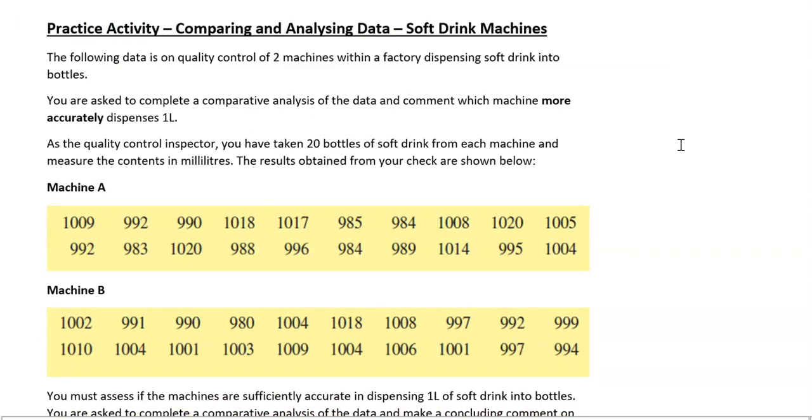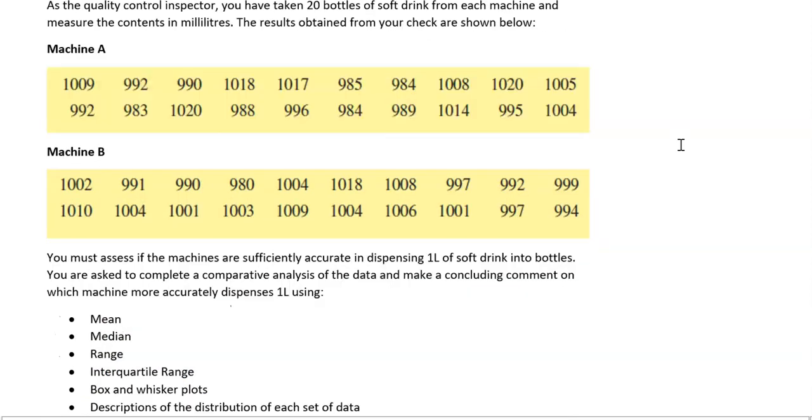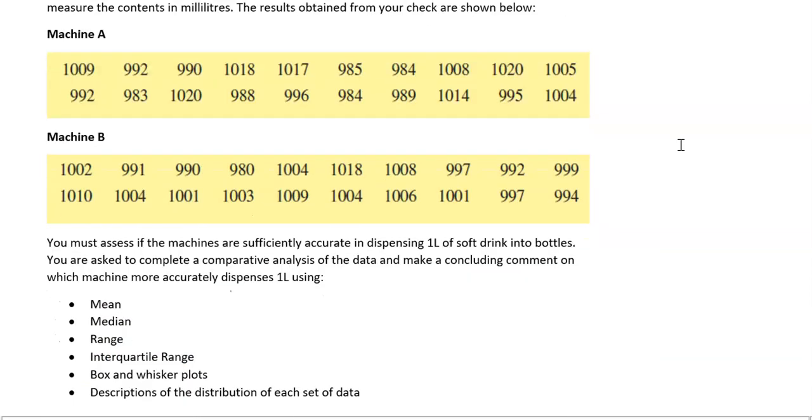So we've got 2 machines, and your job's to assess that the machines are sufficiently accurate in dispensing 1 litre of soft drink into bottles. Your job's to do a comparative analysis and come up with some sort of concluding comment on which machine accurately dispenses 1 litre. And just a reminder to use all of those